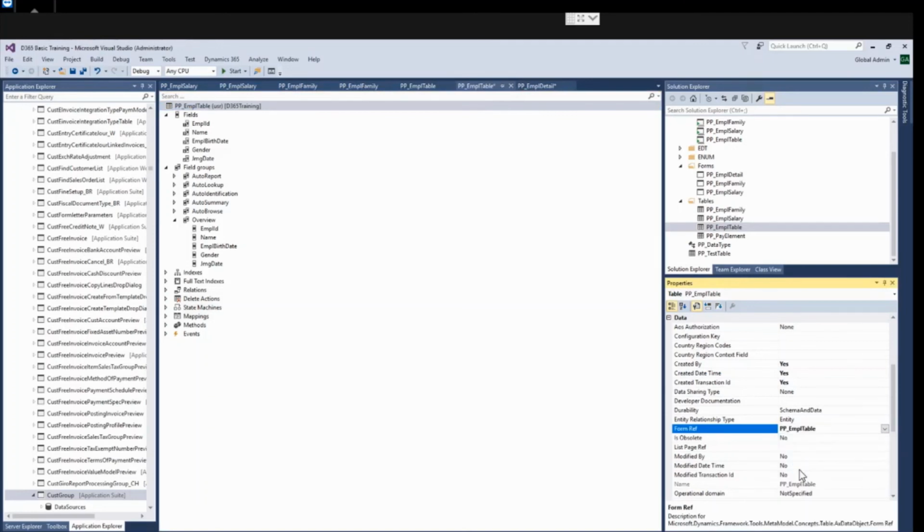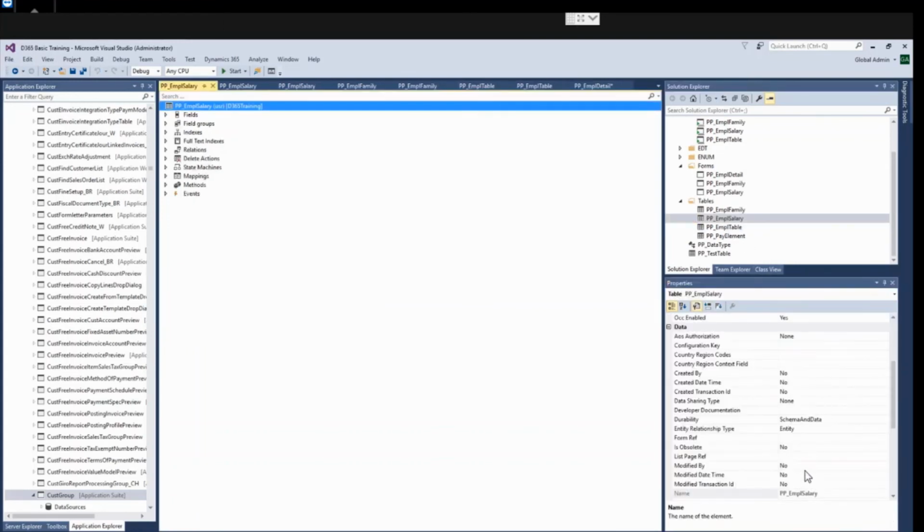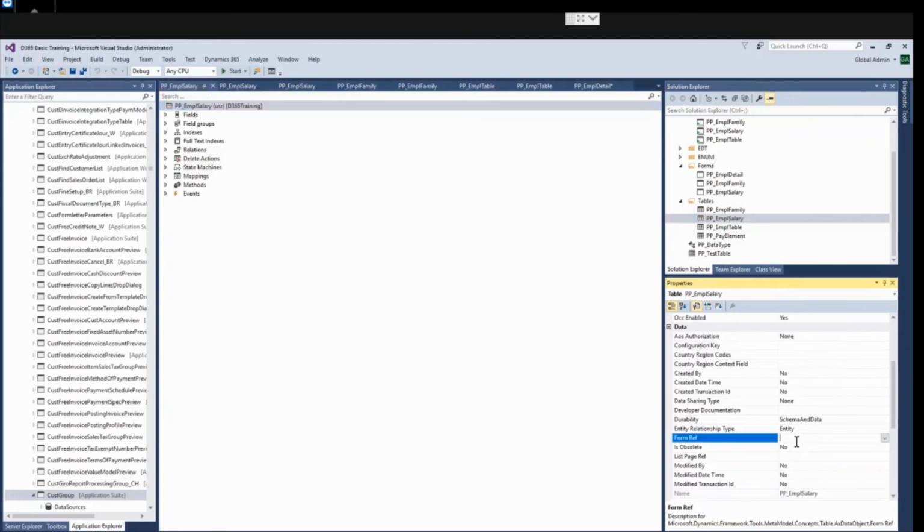So I will attach this here also. This is a very important property. We already discussed the significance of this property.